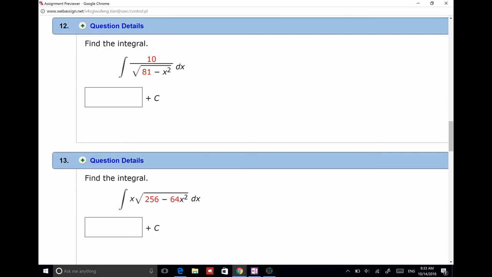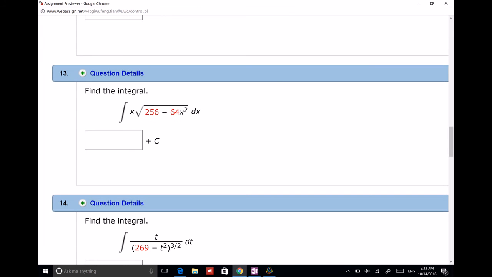Number 12, you can just assume x equals 9 sine theta. Okay. At the top you're going to have a 9 cosine theta. So it's a simple one. Number 13, you assume x equals, you can factor out 64 first, okay? Then you got a 4 minus x squared, and x equals sine theta, 1 minus x squared, right? 1 minus sine theta squared. So x equals,